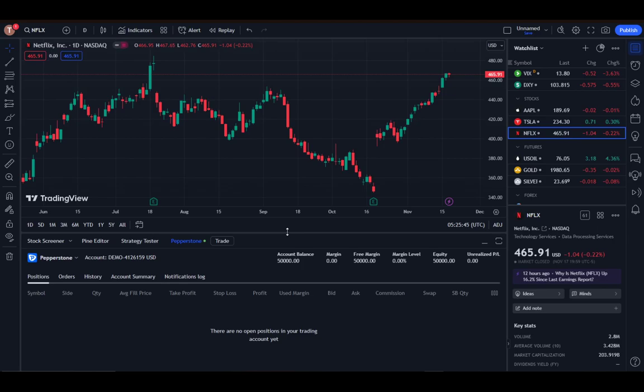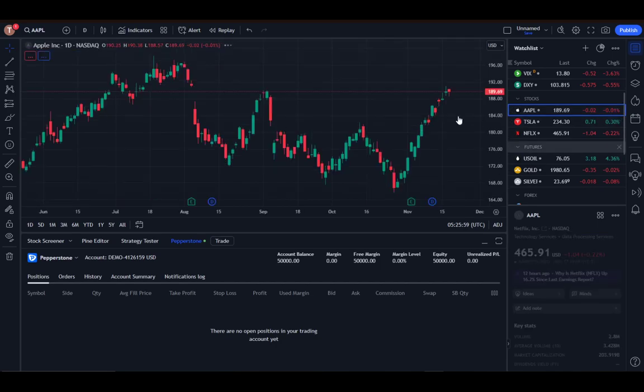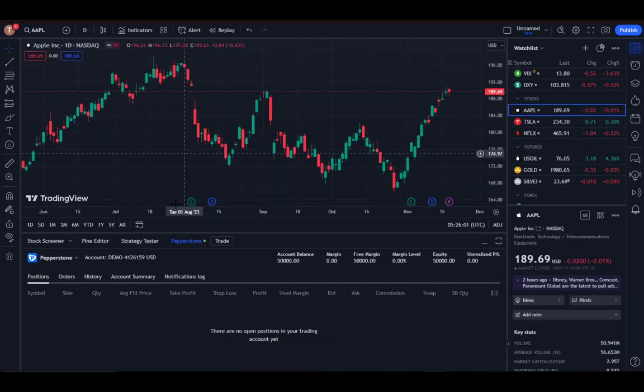Now, one of these options which you have is you can open up the chart and view it, as I've said. And once you open up the chart, you can also add a candle timer. Now, to actually see the candle timer, let me just change stocks, for example. To actually make this change, what you want to do is open up a chart. As you've seen, I have opened up the Apple Incorporated chart, and I can see how the prices went in the previous, what is this, like 5 months? Yeah, 5 months. And to add a candle timer, what you want to do is just hover over the